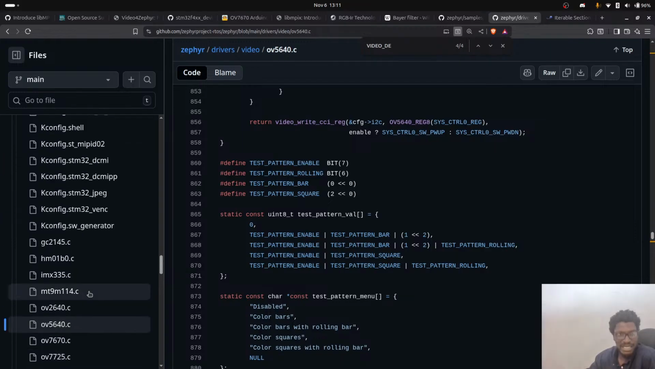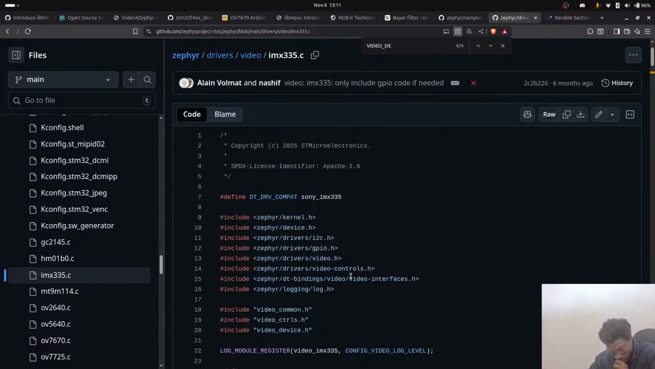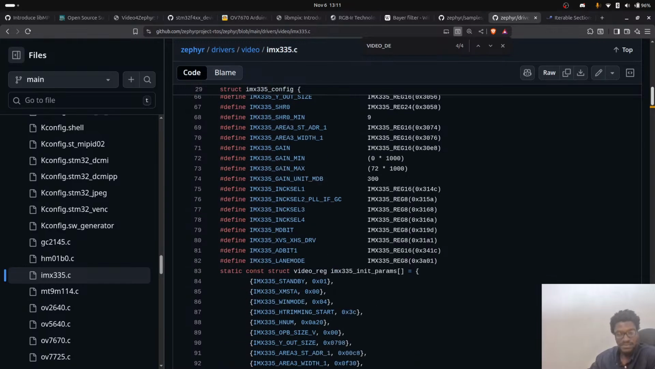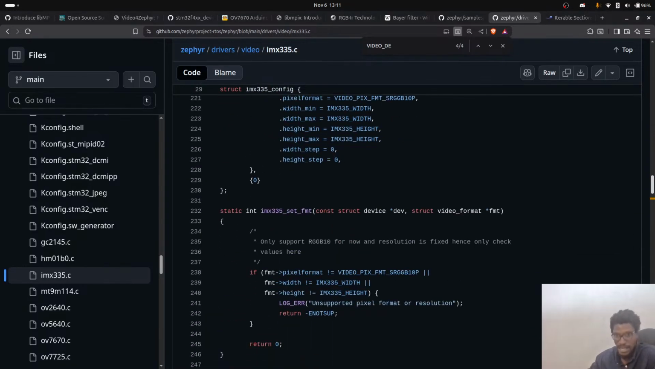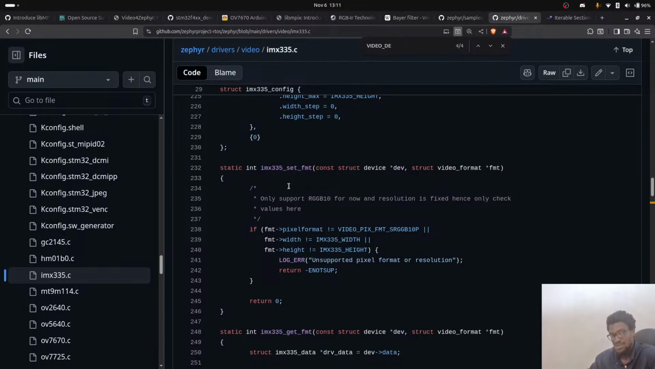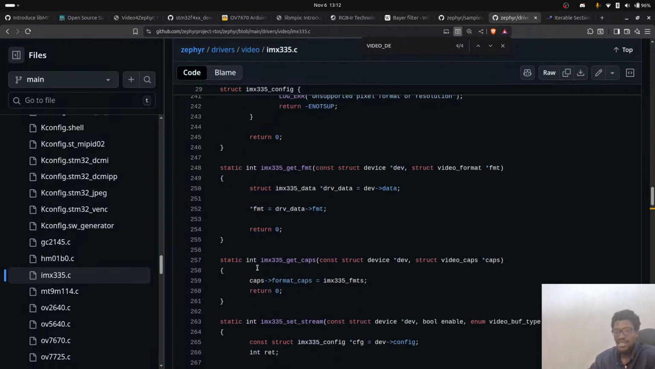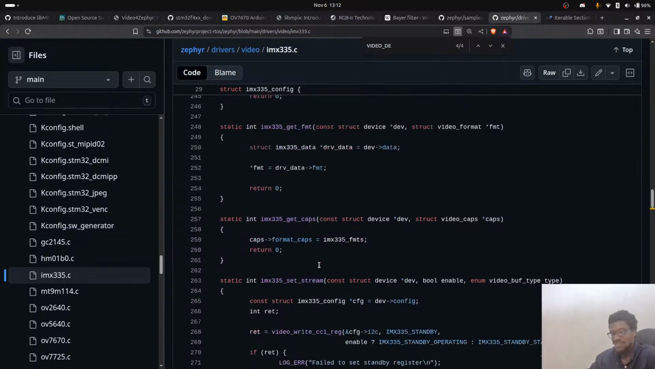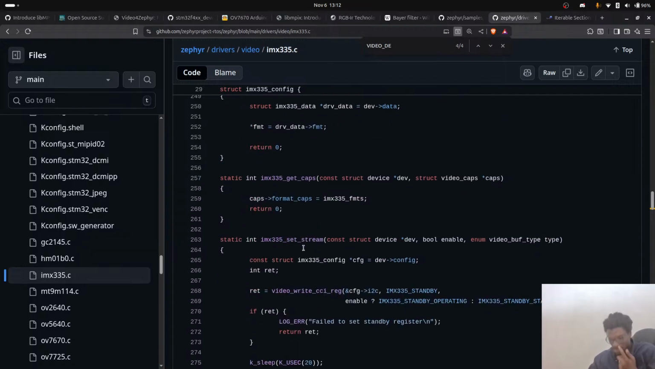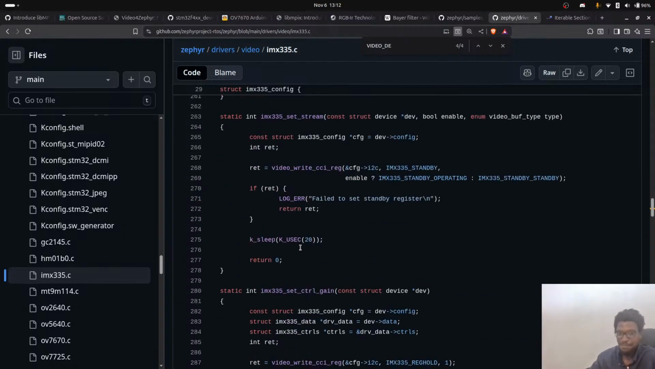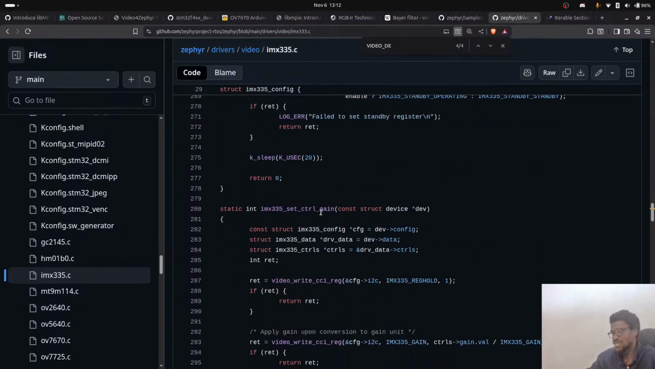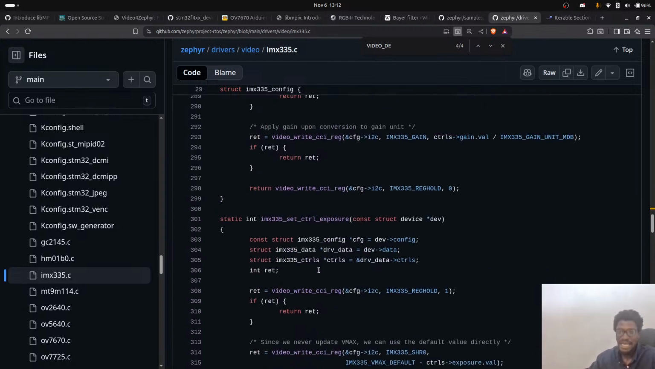Let's look at the IMX335. This is the newest one that I'm very familiar with, and this one is done by Alain, who works at ST, and Alain is, in my head, like a genius or something. So you enable someone to set the format, you enable someone to get the format, you enable someone to get the capabilities of the device, you enable someone to set the stream, either start the stream or stop the stream. You enable someone to set their gain, which is exposure and things like that, and then you enable someone to set their